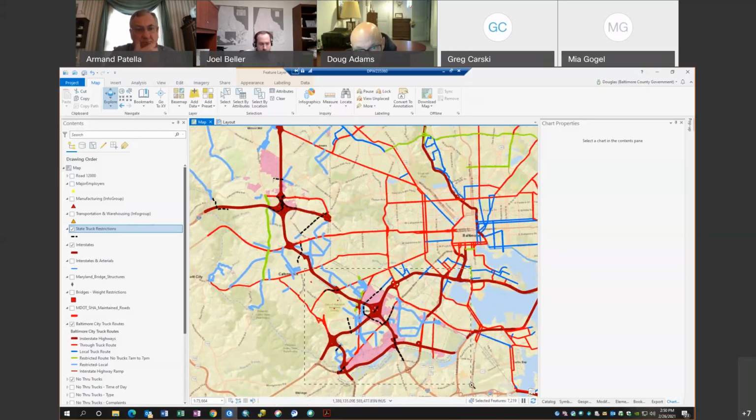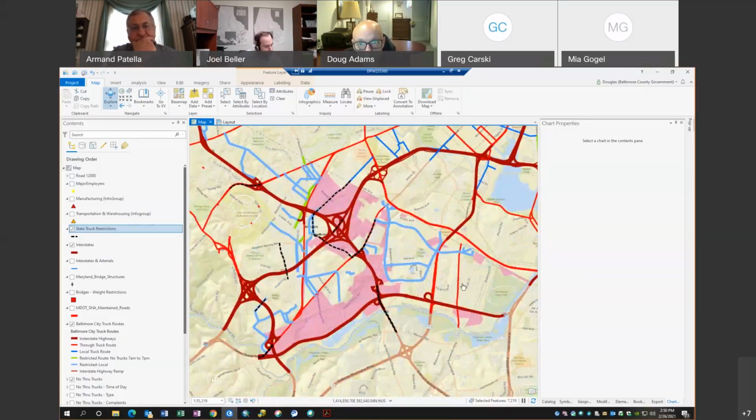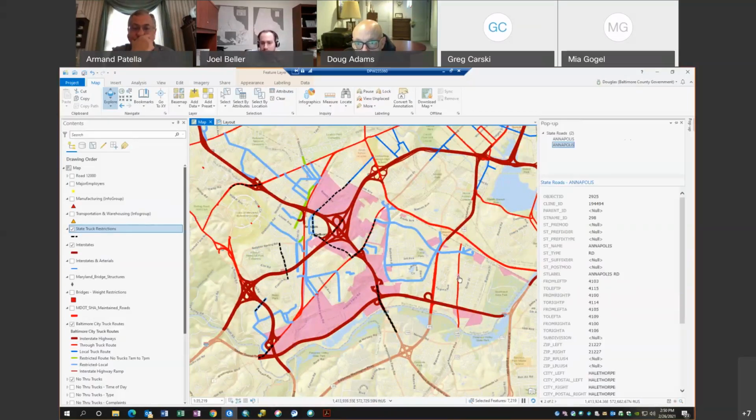There's other state roads here. Here's one that in theory is not going to do much, which is Annapolis Road. It's a state road. The city is not connecting Annapolis Road up. And so the question would be, do we want to leave that one in as one of the routes, or do we want to take that out?